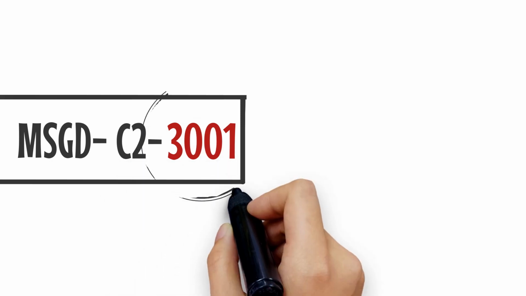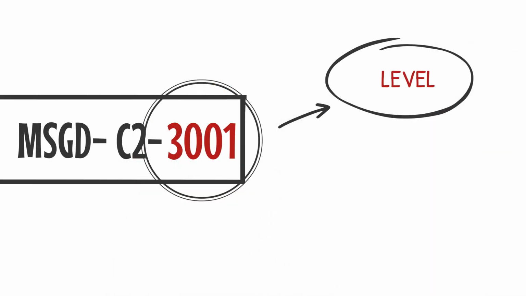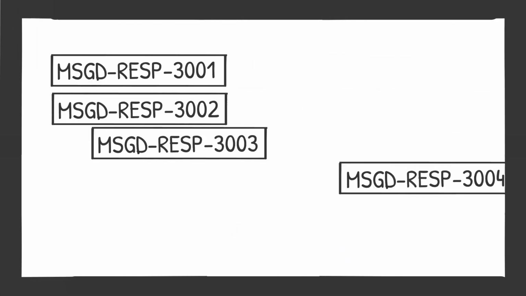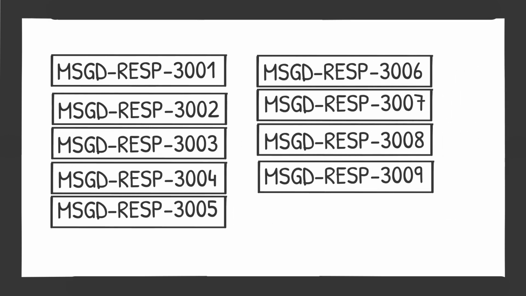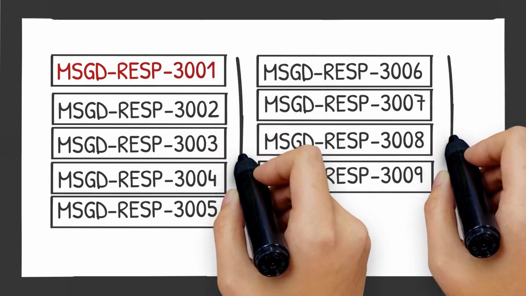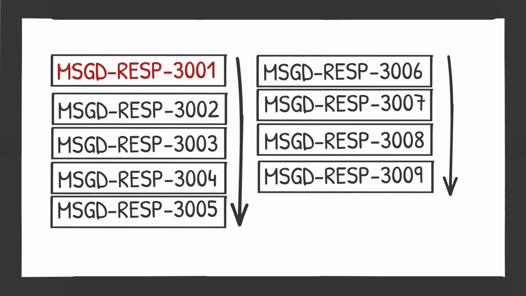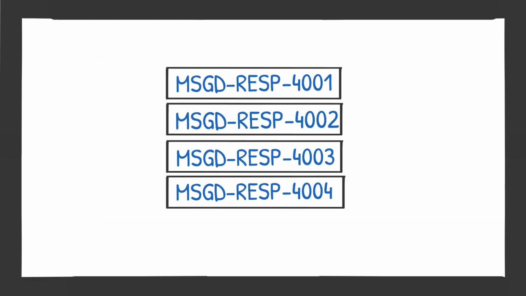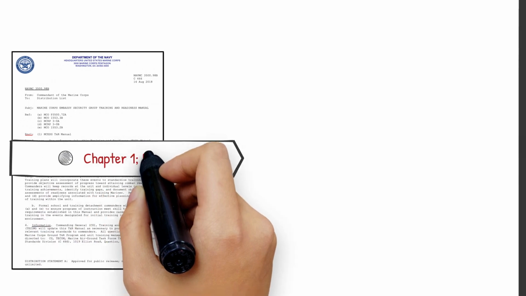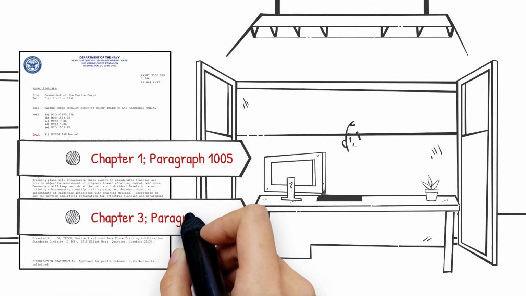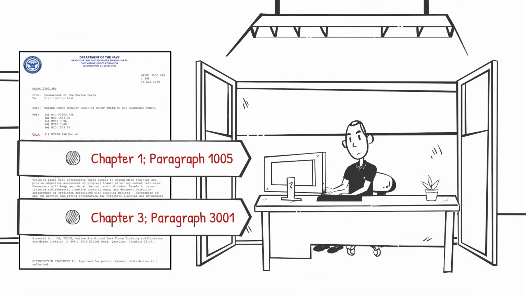The final set of characters provides the level at which the training event is accomplished and also identifies the numerical sequencing of the event. For example, there are 9 response team training events required for the MSG detachment. These events start at MSGD, TAC RESP, TAC 3001, and run through 3009. Then the next level starts. Review Chapter 1, Paragraph 1005, and Chapter 3, Paragraph 3001 of the T&R Manual to learn even more about training